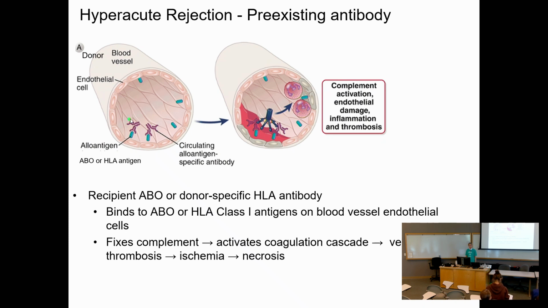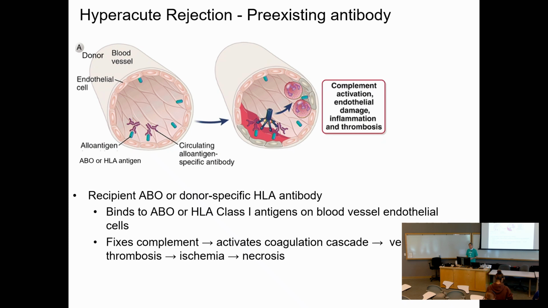And if for some reason the recipient already has antibody, and we know from transfusions that people who are of a different type already have circulating anti-red cell antibody that's not of their own type, so they either have anti-ABO antibody or anti-HLA antibody circulating, and then it binds complement, and you can activate the clotting cascade and get inflammation, thrombosis,